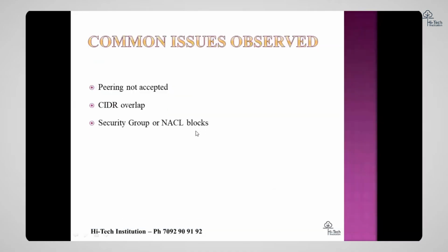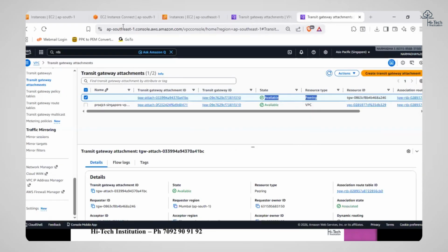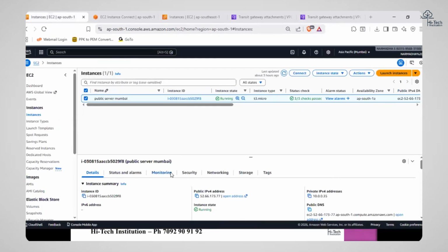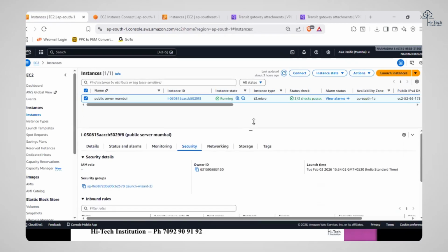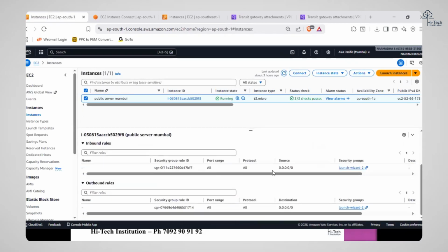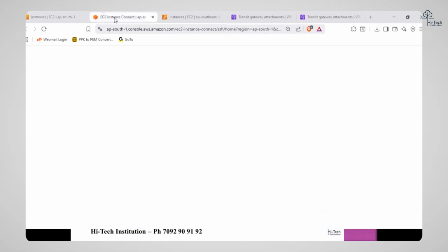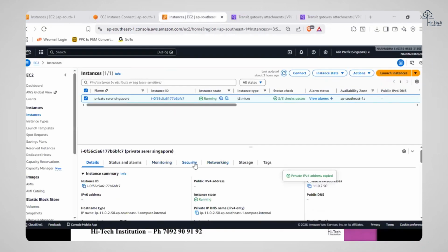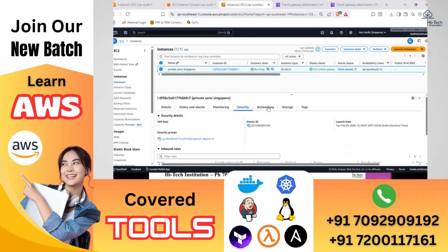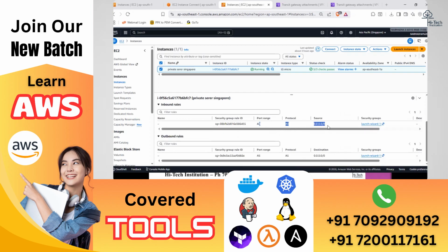Okay. Third step, security group and network ACL blocks. So what we need to do, we need to go to the EC2 instance level and check, is there any port 22 or something not open in both the security groups. See, all traffic I enabled. Initially, we are not supposed to allow all this traffic, but as part of troubleshooting I did, because the connection was not working for me. If you enable port 22, that itself is fine. I'll check the same thing in the second instance as well, which is located in the Singapore region. If you go there, yes, of course, here also I used the same, all traffic has been opened.